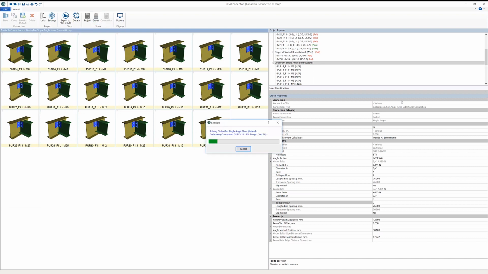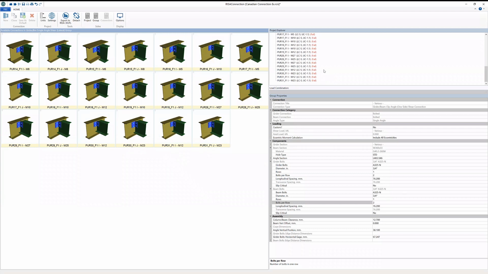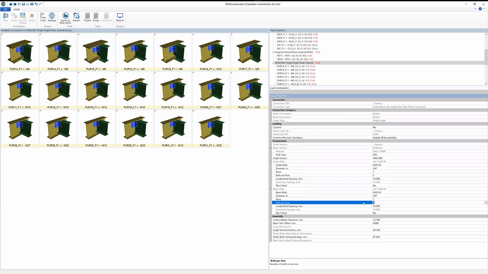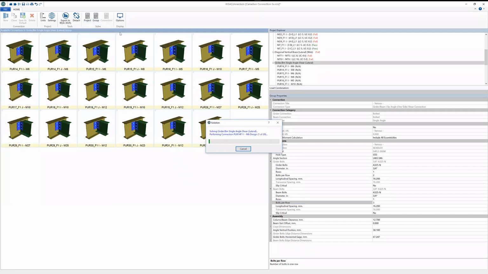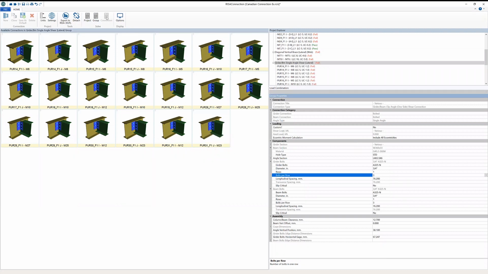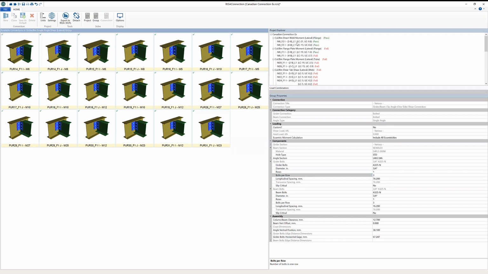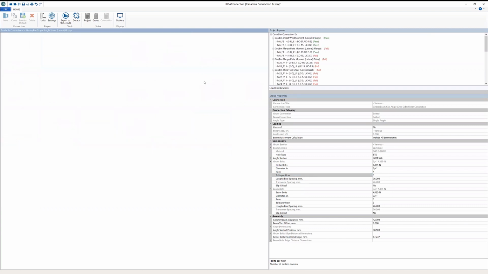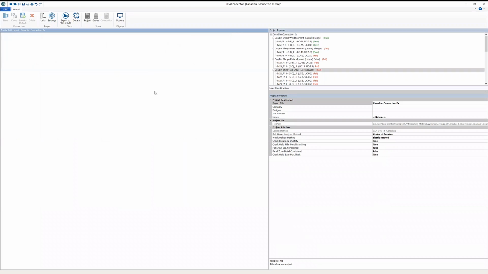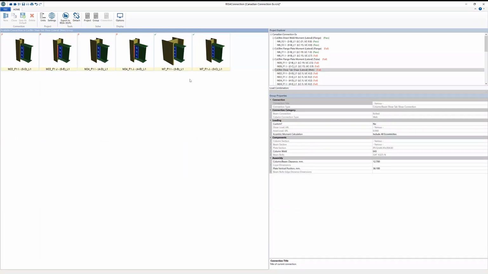And so if we go ahead and solve the whole group, we could see if this is going to work. Obviously, in this case, it's not going to work. So maybe we could look to see what the problem is. Maybe it's the beam bolts and not the column bolts. So we can make group changes here so that we can do the totality of this analysis. So really a three bolt connection for this particular type of member is what we need. So if we jump back into our groupings again, maybe we can look at, I have some welded shear tab